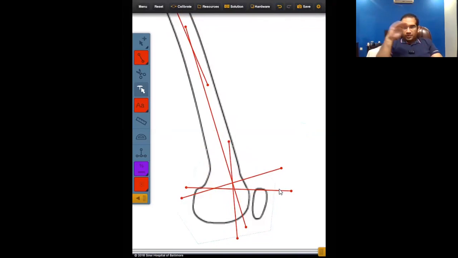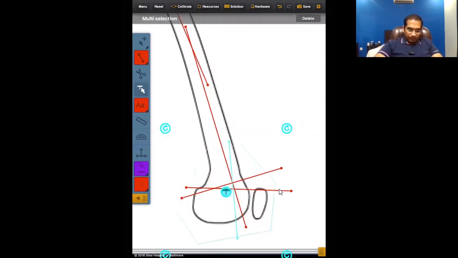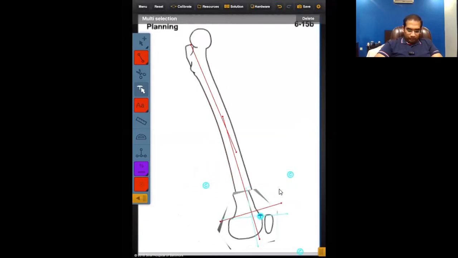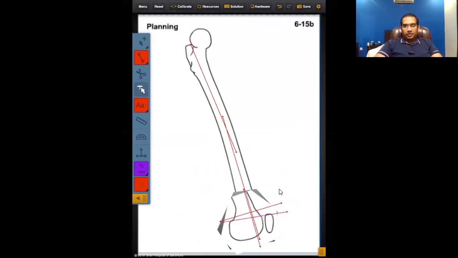While I've done an osteotomy which is above, I would have simply placed the hinge over the angulation correction axis, and this way I would have corrected the deformity. Through slight posterior translation, I would have corrected the deformity and the mechanical axis and everything.